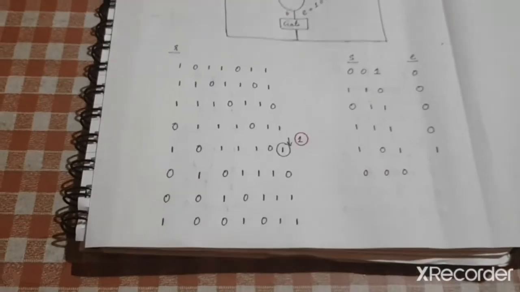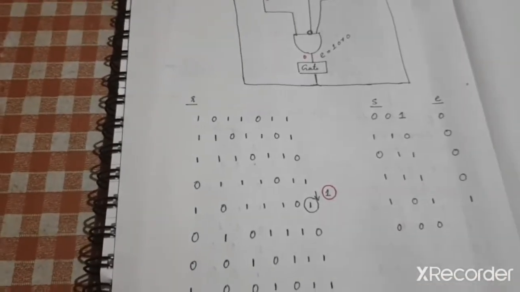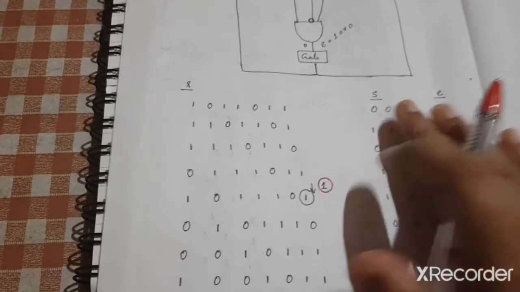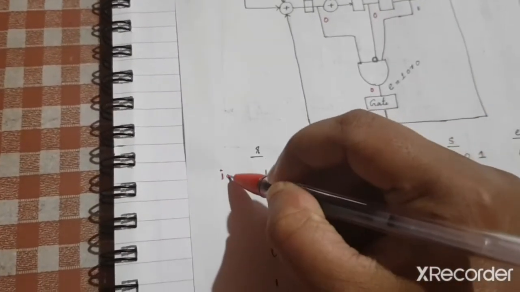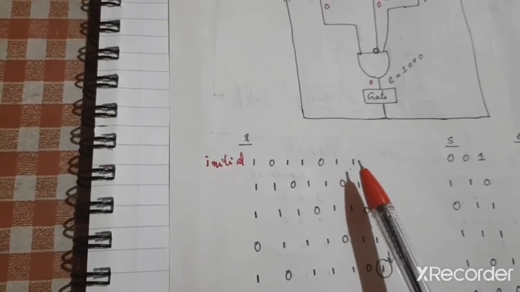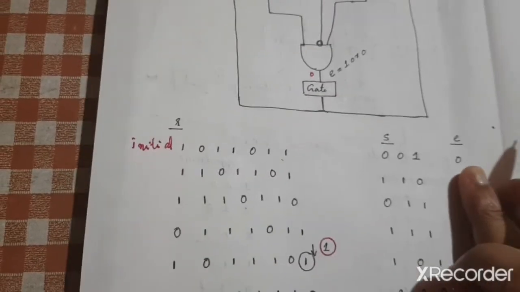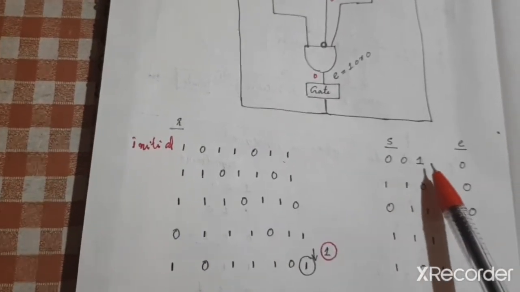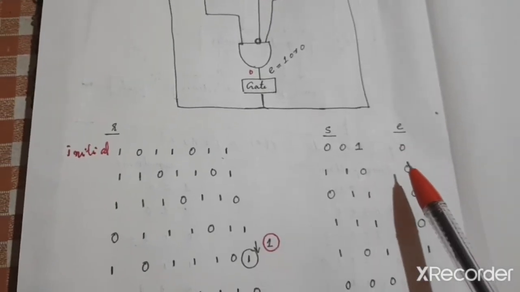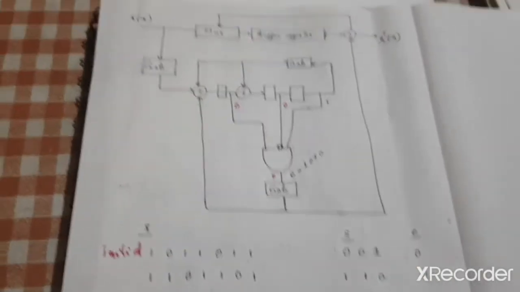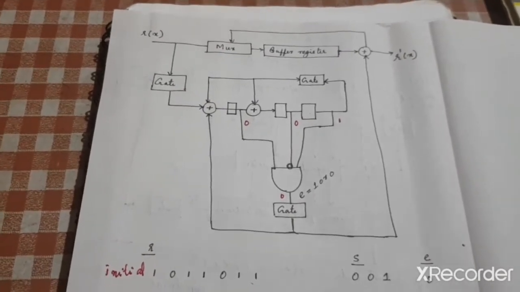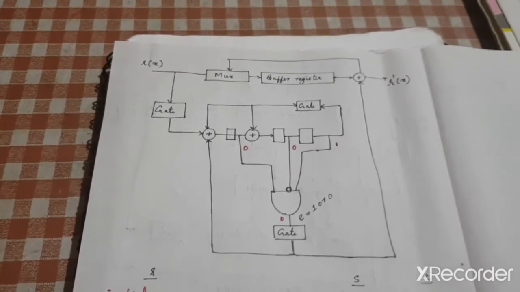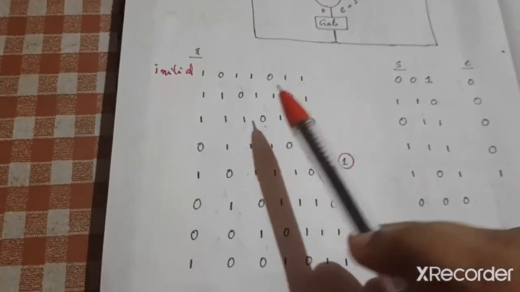So you can see what is happening here. This is the initial step: we give the received vector to the buffer register as well as the syndrome computation circuit, and it will produce the syndrome 0, 0, 1. At that time your error pattern E is equal to 0. Then you shift the received vector by 1 bit, a cyclic shift of the received vector.